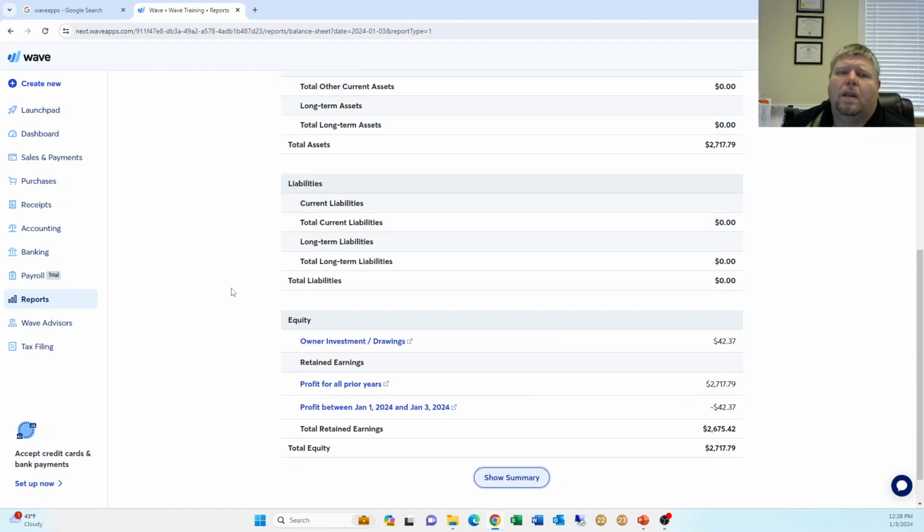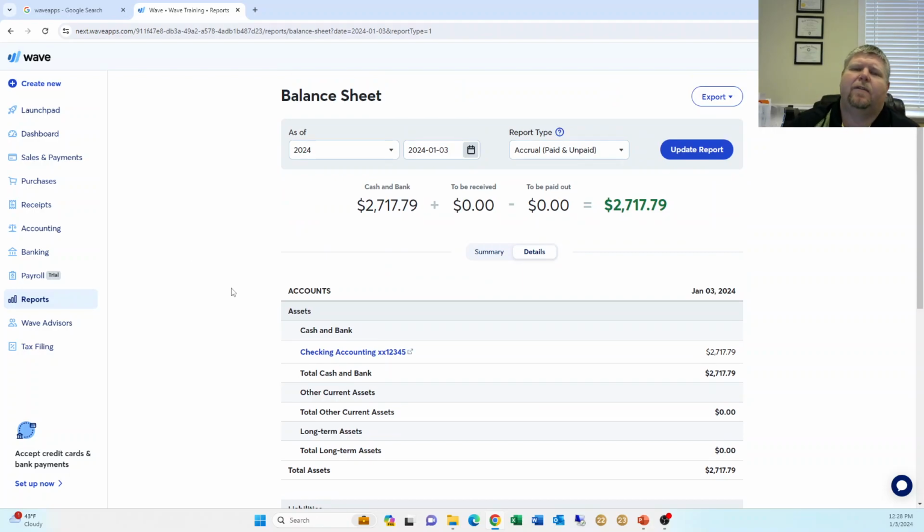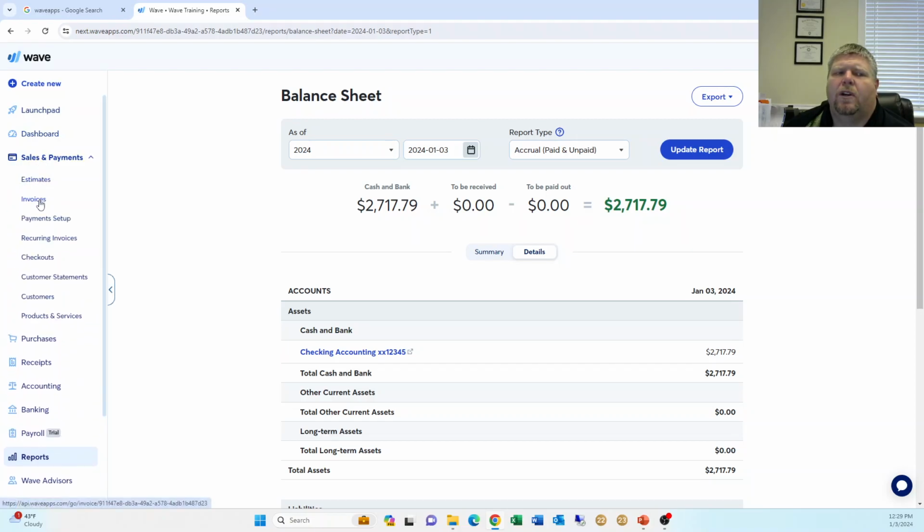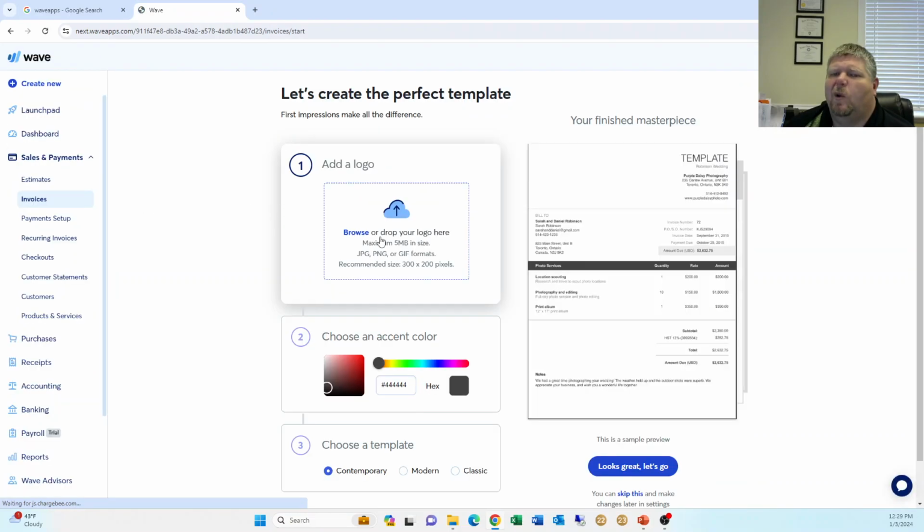Okay, so that's a rough overview of how to work in Wave. I know I said add account yet, but now we can do invoices. If you want to create an invoice, under sales and payments, click on invoice. A nice thing is you can upload and add your logo, so you can customize your invoices so they look really professional. Use the colors. We use a lot of blues in